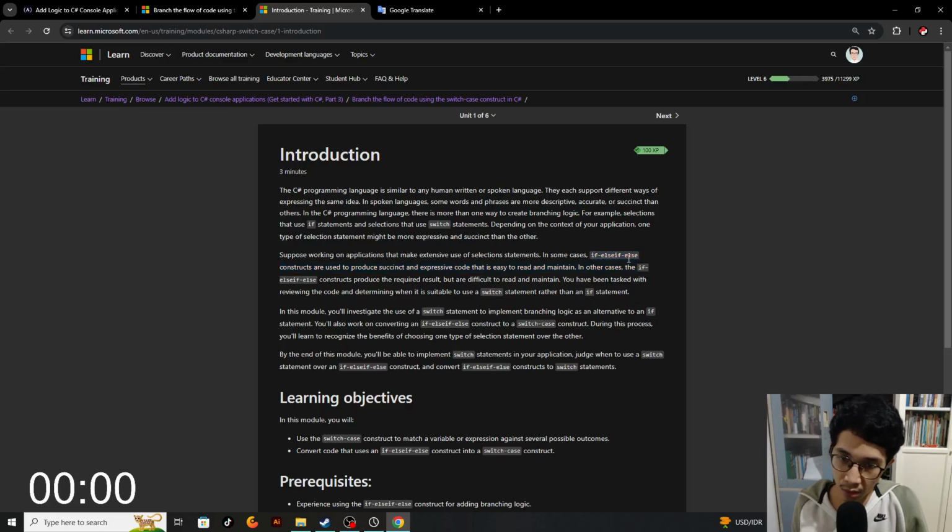Do you want to just use if else or switch case? In this case, switch case is the better option, like it is stated in this paragraph. Even if else if constructs produce the required result, it works, but it's difficult to read and maintain